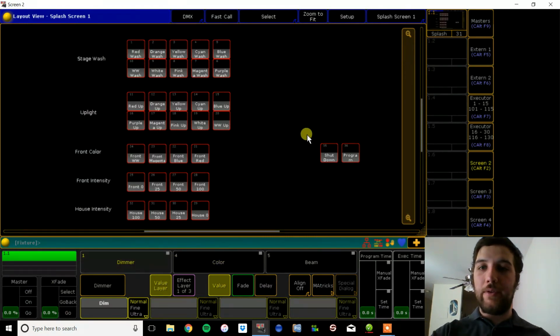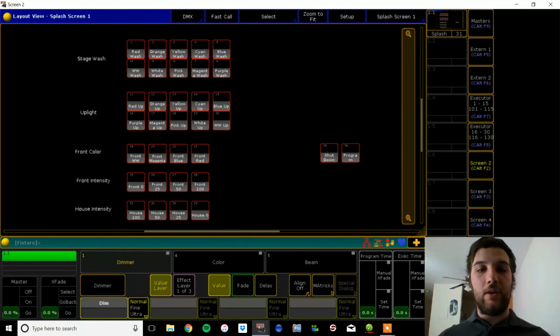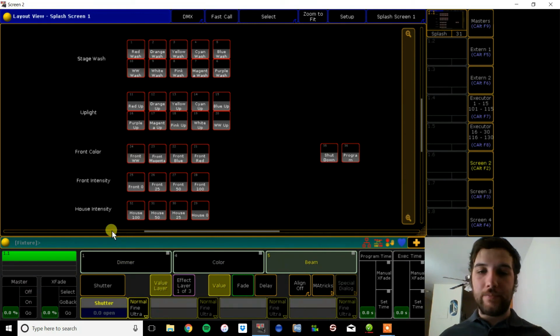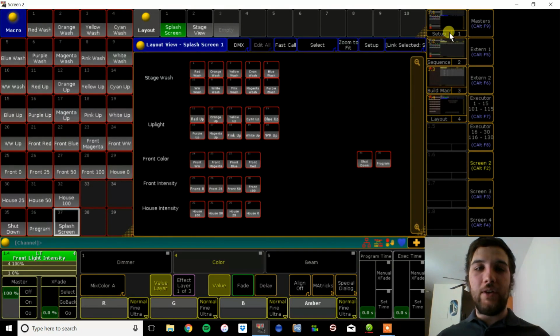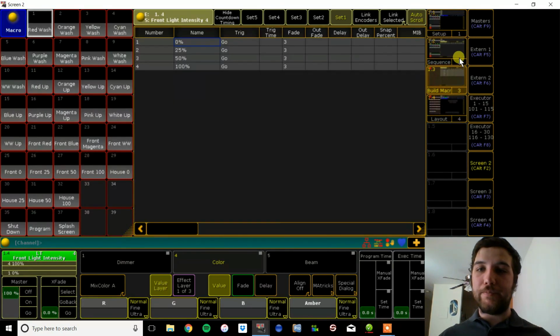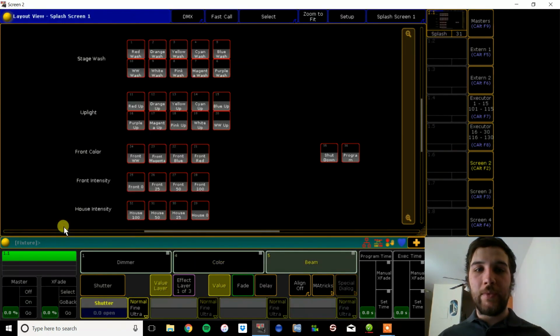If they try to come over here and say store something or anything, they can't do that. All they can do is use the programmer, but they don't have any access to groups unless they know specifically. If they say fixture 1 through 3, then they could go ahead and work with the programmer. But at that point, you probably know enough of what you're doing. You don't have to worry about it. You can actually just go into programmer, type in your password, and then you have access to everything in here. But what this does, like I said, is just give you a really simple way to work on just